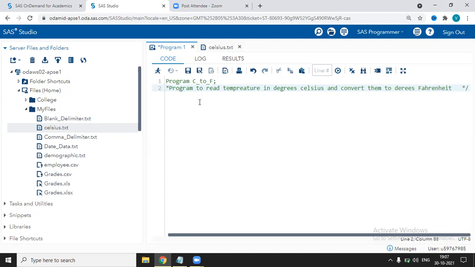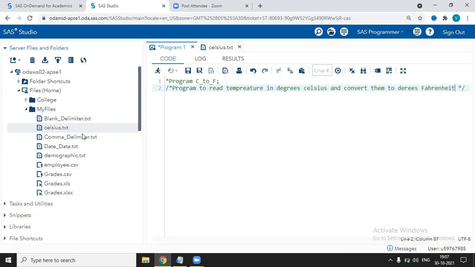Now we have used both types of commenting. First, we used the asterisk and ended with the semicolon, and second, slash asterisk and ending with asterisk slash. So we are done with the commenting.